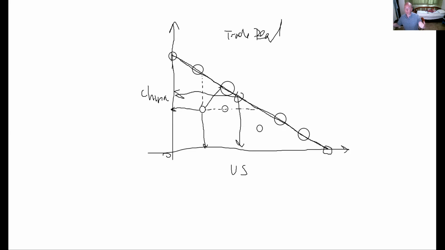We've increased trade, we've increased the good in the world, the trade benefit in the world, by moving along here. What about this line? What about this agreement here? So if we move from, let me see if I can find some sort of an arrow, if we move from this one to this one, China's gained a bit, the United States has gained a bit. I think the United States has gained more than China there. Does China do it? Should China do that trade deal? They say, we've gained, the United States has gained more.